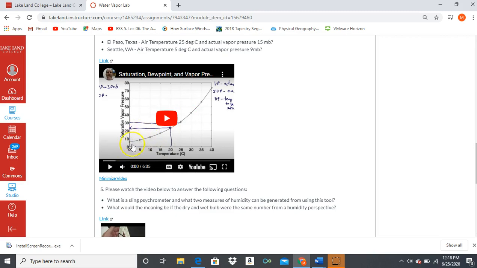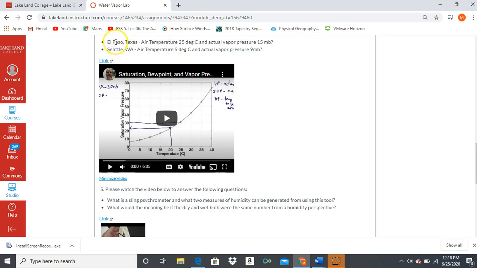And again, when the air is very cool, it can hold very little water vapor, and as the air warms up, it can hold increasingly more. And I would argue this is probably one of the more complicated parts of the lab, learning how to read this chart. And the reason why I had you looking at El Paso, Texas and Seattle, Washington, is